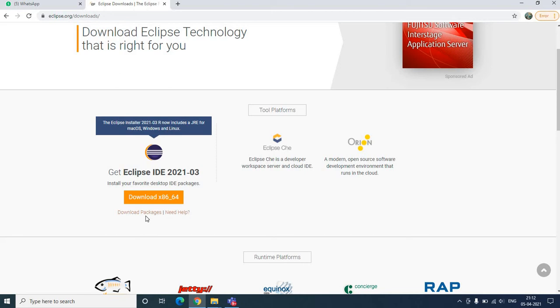If it is a 32-bit architecture system, you can download the version that supports 32-bit. If it is a 64-bit architecture system, then you can download the software that is suitable for 64-bit architecture. Or else you can download any of the latest versions of Eclipse that is available. When you press download, the original software will be downloaded,